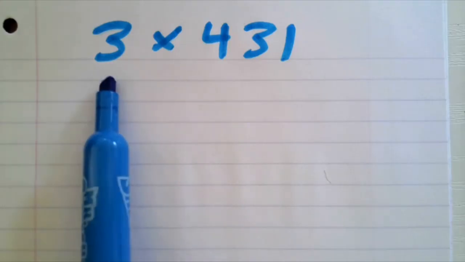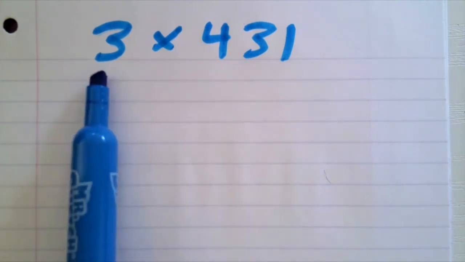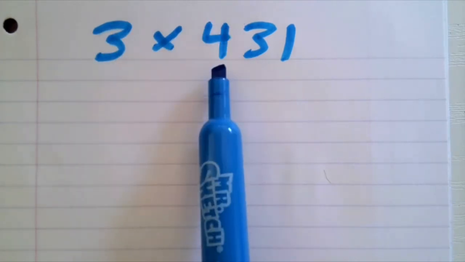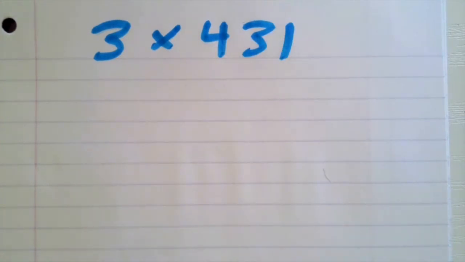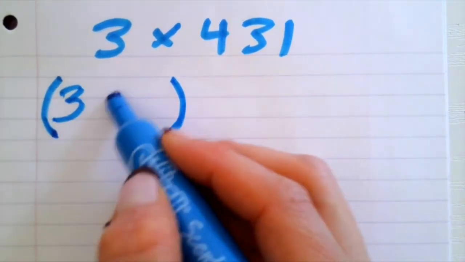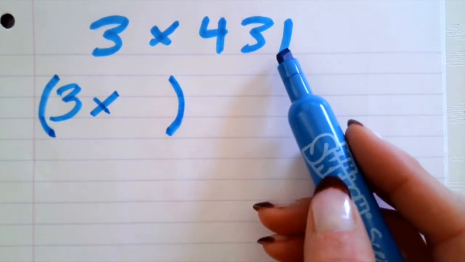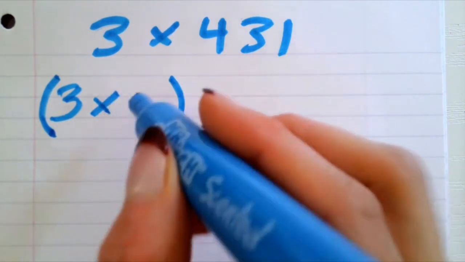Now we have a single-digit number times a 3-digit number. Go ahead and write at the top of your paper 3 times 431. Let's use our old friend, the distributive property. First, we multiply 3 times. You know what? Since the algorithm has us starting with the ones place, let's do that while we're using the distributive property. 3 times 1